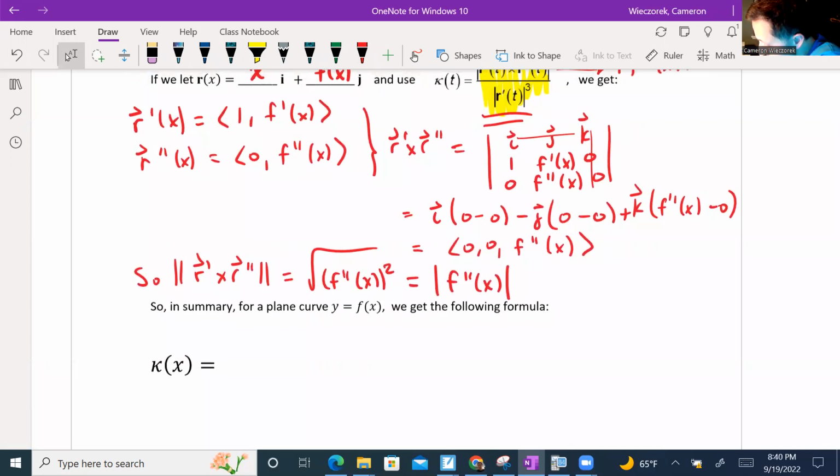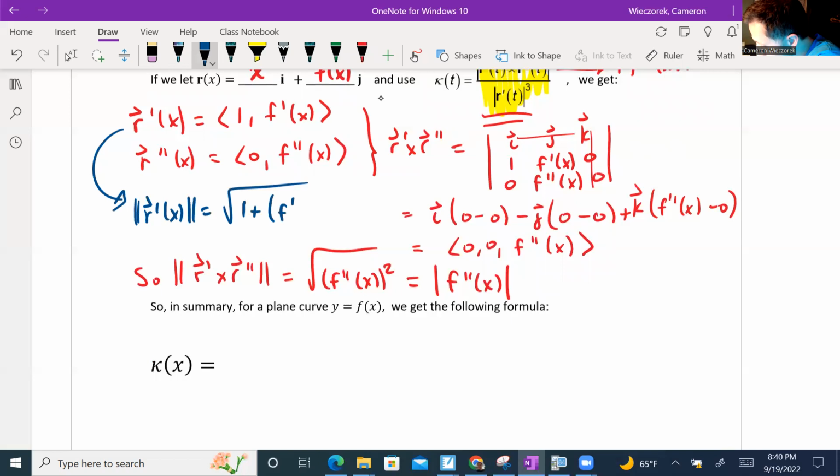There's r prime, so let me do this in blue. My magnitude of r prime of x, we're going to need to cube it, but let's calculate it first, would be the square root of 1 plus 1 squared, so 1 plus f prime of x squared. And that's going to be my denominator, and then I'm going to have to cube it because of the power of 3. So putting it all together, we get the absolute value of f double prime x